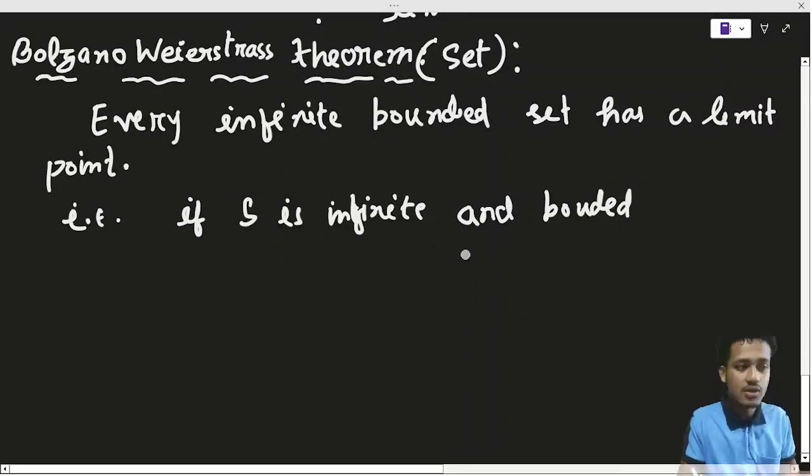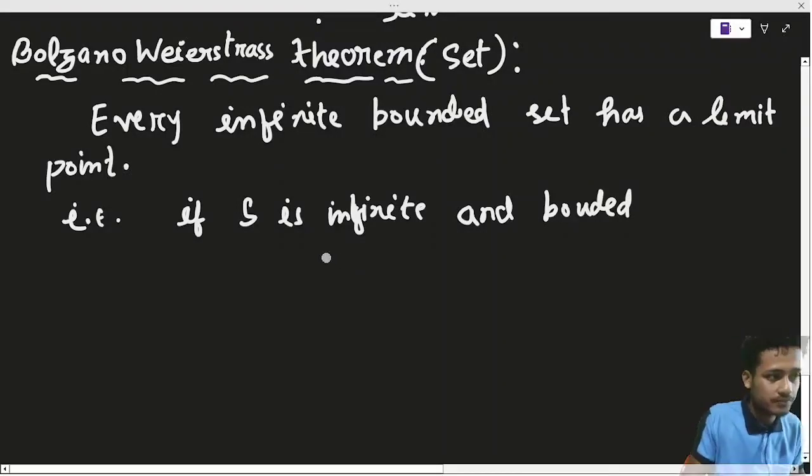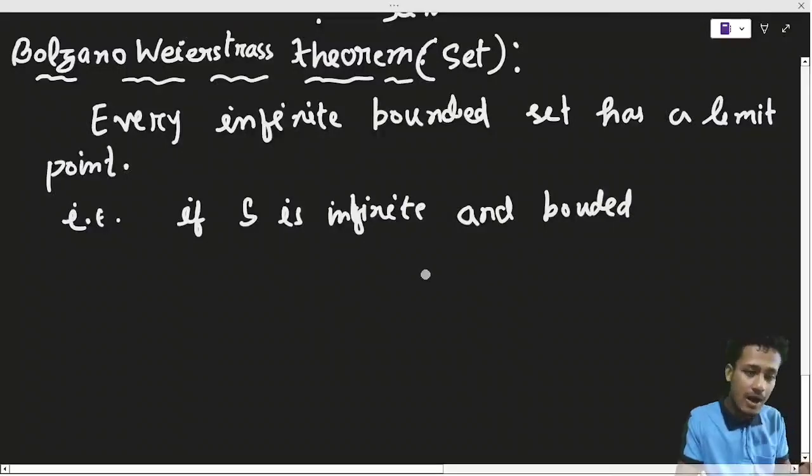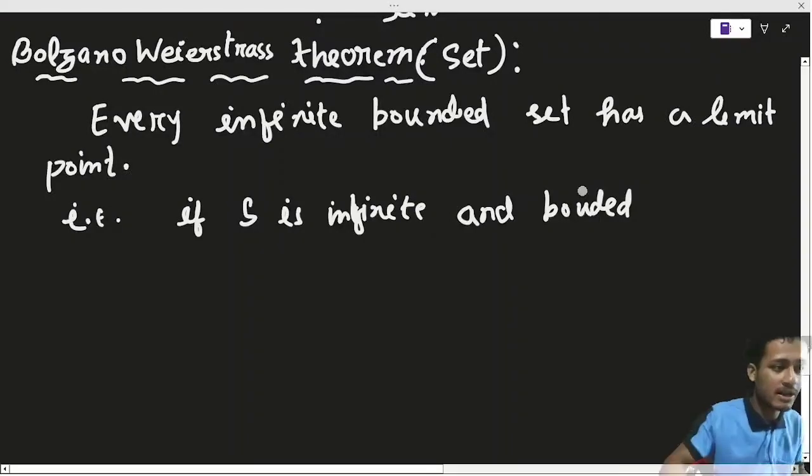So S is an infinite and bounded set, that means S is infinite and S has a lower limit and upper limit. Okay, that means lower bound है, upper bound है, least upper bound है और greatest lower bound है, supremum and infimum है, ऐसा बात है. Then